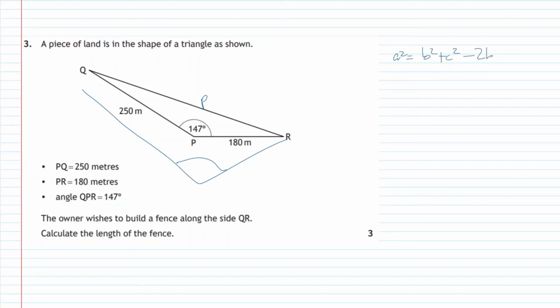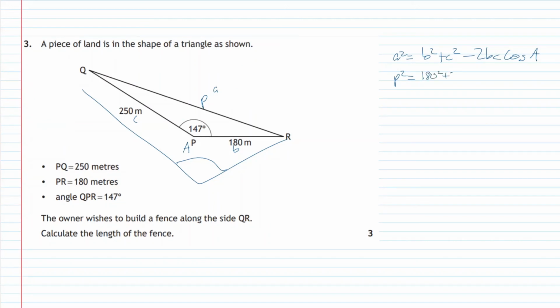Don't worry, you won't have to write this out in your exam, you can just copy it off the equation sheet, but there we are. And this is the side we want, and this is opposite the angle we've got. So we'll call this A, because it's the one we want. We can call this one B, call this one C, it doesn't matter which way round we do it. And our angle here, P, is the angle A. So sub it in, P squared, P is the thing we're looking for, equals B squared plus C squared,